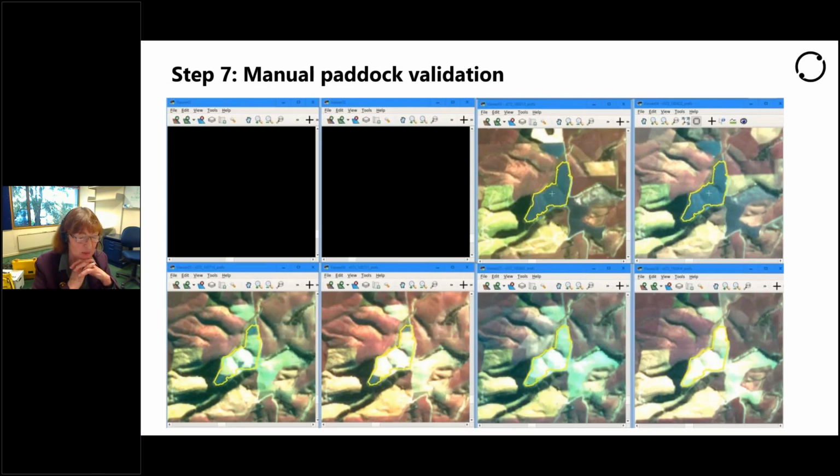Having done all our spectral land cover classifications and identified all our winter forages, all the automated work, we then have to go back to looking at a manual system for validating the paddocks that we've done. And we've got a nice little tool called Map Accuracy, where we can put all the paddock polygons that we've identified into a simple little time series tool, and it organizes them in sequential order, and you can very quickly go through with a series of keystrokes and agree with the classification that we have got a winter forage paddock,